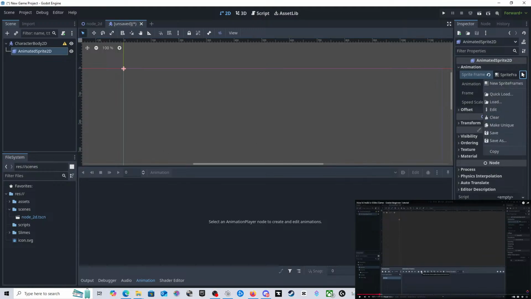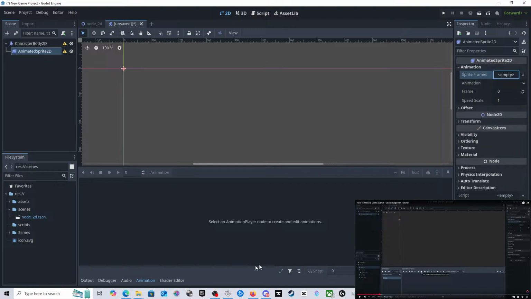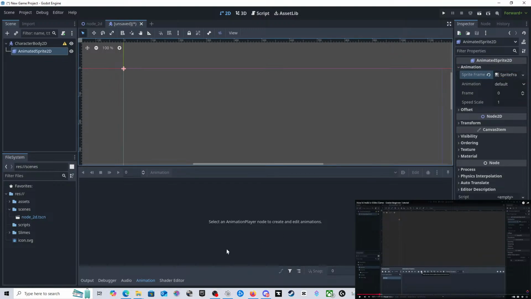Okay, so it's clear. It's empty. He's on animations 2D. He goes over to sprite frames. Click on sprite frames and then new. It doesn't open anything like that for me.